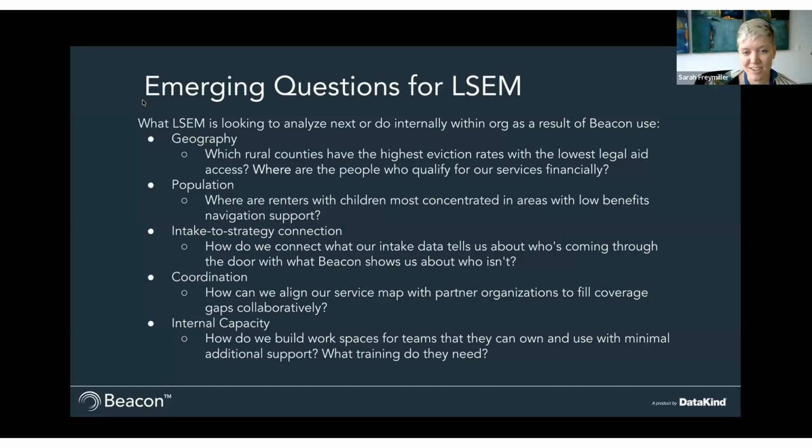I've talked a lot about coordinating with partner organizations, and I think that is going to be an ongoing question that people have with Beacon: where is the need, and who exists there, who's already working with these individuals and with these populations. And I think it'll help us be more creative about what relationships we need to work on.